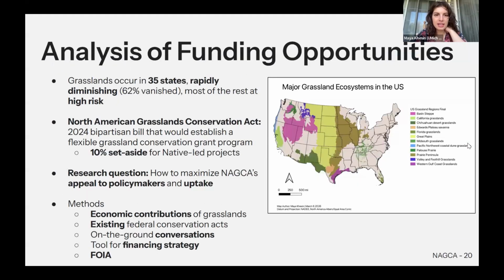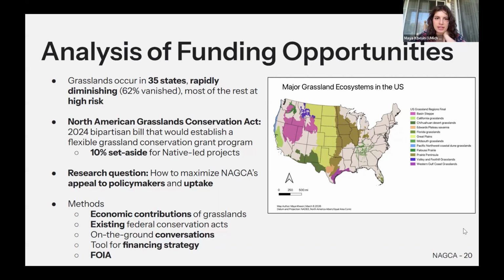So the Great Plains are the biggest stretch of grasslands in the United States, as you can see on the map on this slide, but grasslands are also interspersed throughout the rest of the United States, admittedly in lower concentrations, but they're still there. So their conservation is really a matter of national importance, and a lot of Congress people have grasslands in their districts, so it should be a matter of interest for a lot of Congress people as well. Specifically, grasslands occur in 35 of the